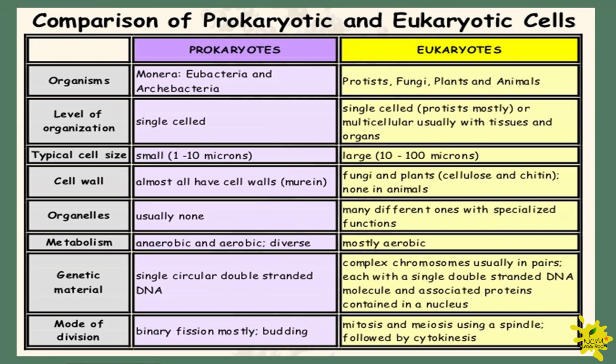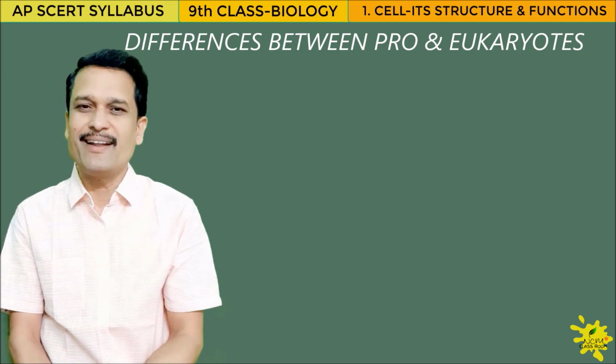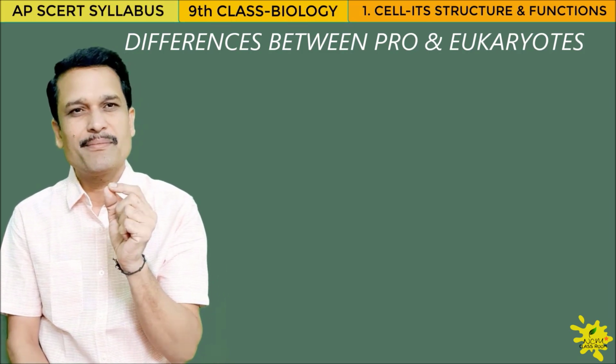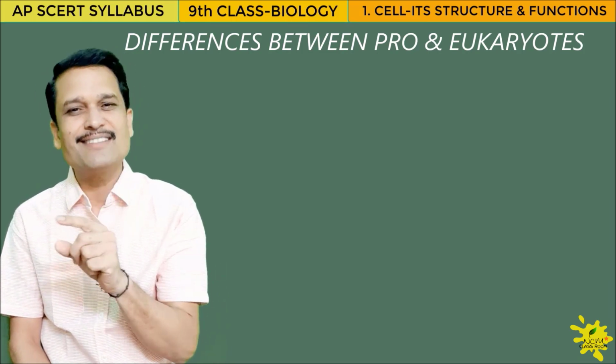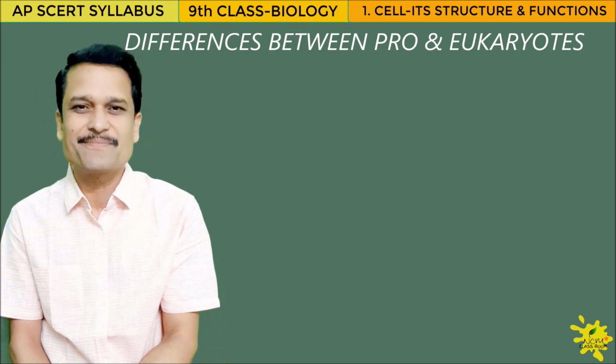We already studied eukaryotes, meaning true karyotic cells. That means a true karya, a nucleus, is present in the cells. We already know the examples are plants and animals. But coming to the prokaryotes, the clear nucleus is absent. And we can also say almost all prokaryotes are single celled, but eukaryotes are either single celled or multicellular.